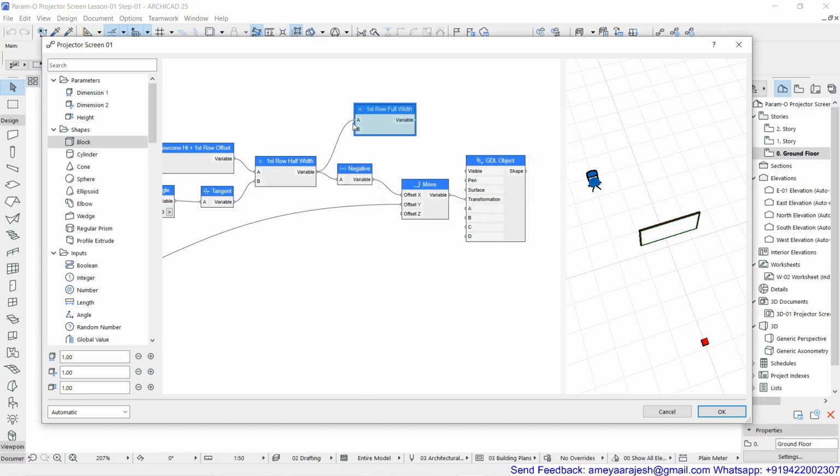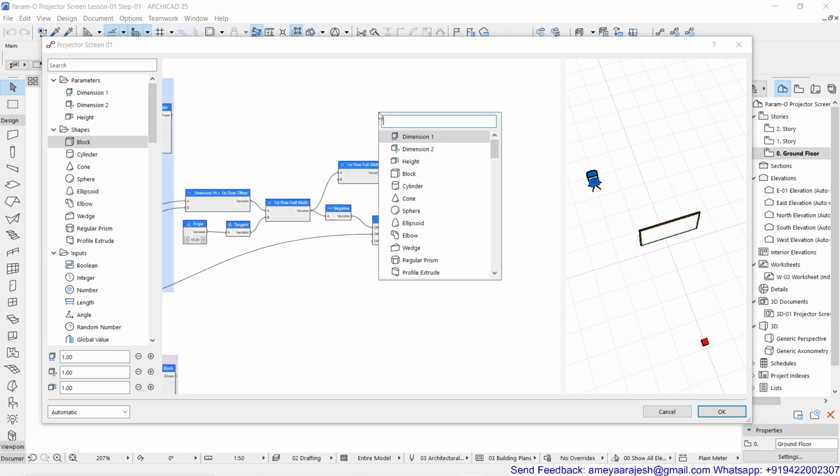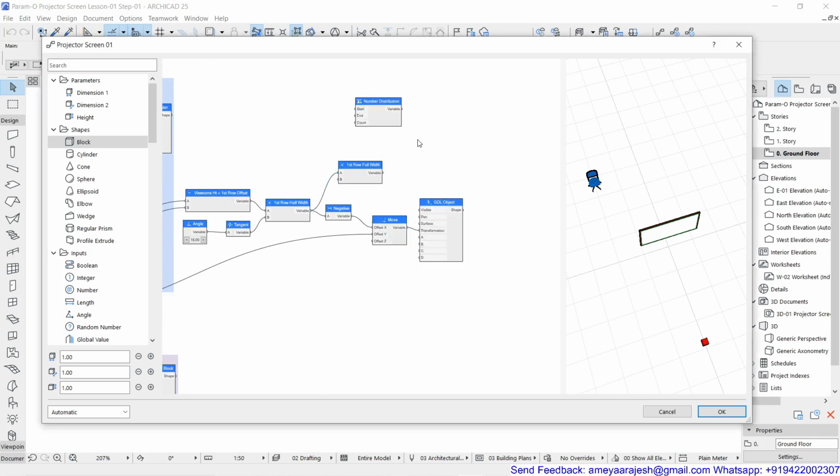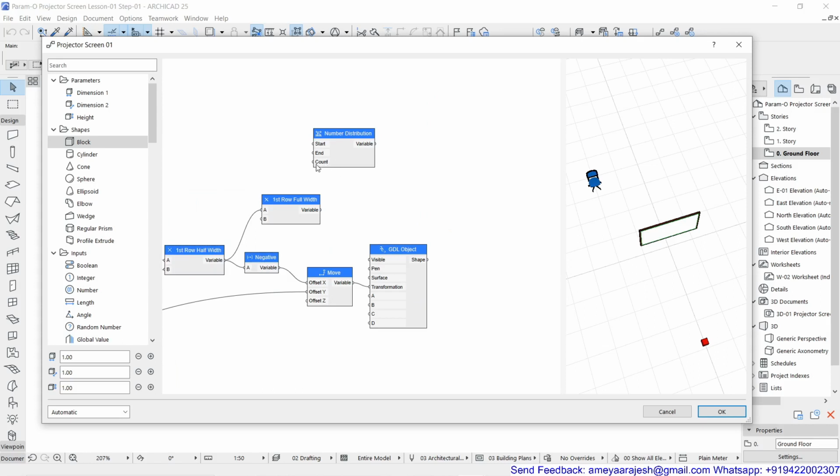So this will get multiplied by 2, and now what I have to do is use the distribute as my number distribution as my required target, because you have to now play with how many chairs and where they should end.